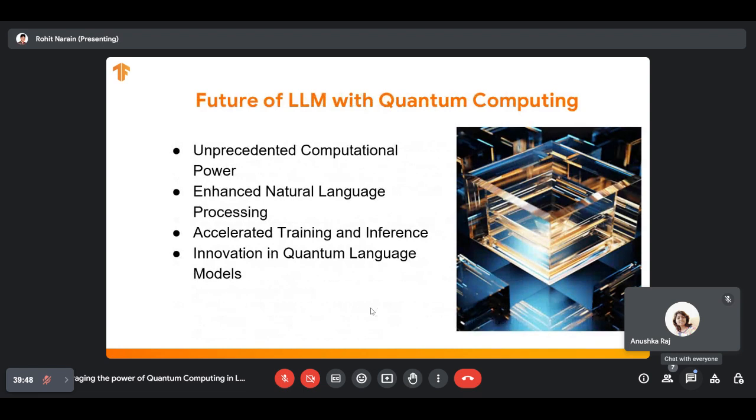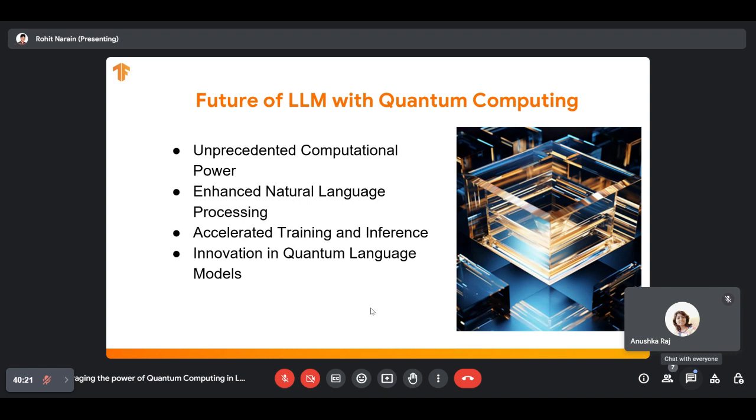And now if I just talk about what can be the future of LLMs with quantum computing. In future we can see some LLMs which can provide the same level of accuracy, or maybe better accuracy, than our AI models are providing right now, but that will require more enhanced processing. For example, if any Google Bard or Google Gemini model takes 22 years of time in the training part,